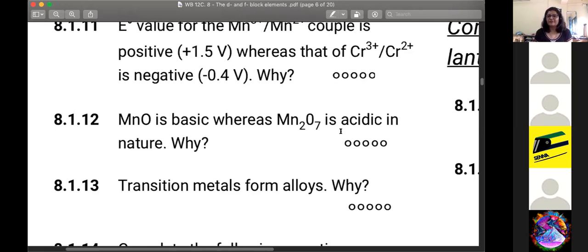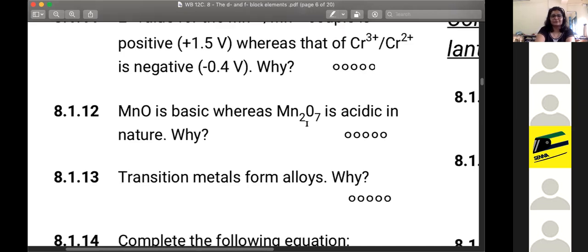So all of you have given that answer. It is absolutely right. Higher oxidation state means it's more acidic in nature. If you had to be a little more explanatory, you can mention that higher oxidation state means more covalent nature, which contributes to the acidic nature. Awesome, very good.